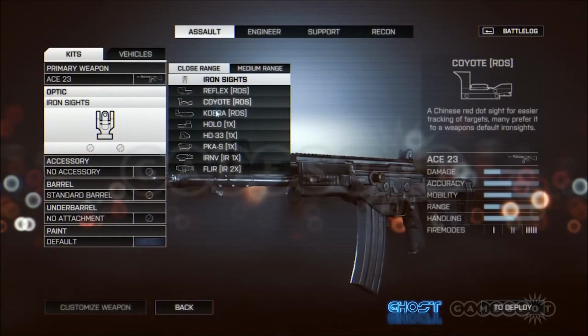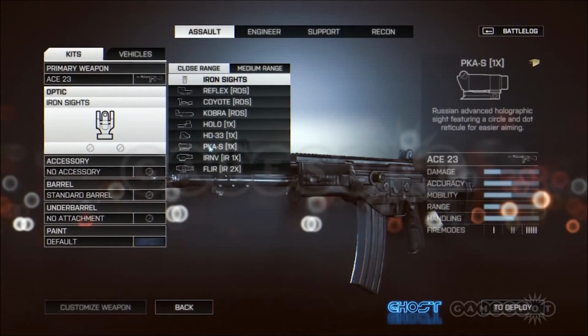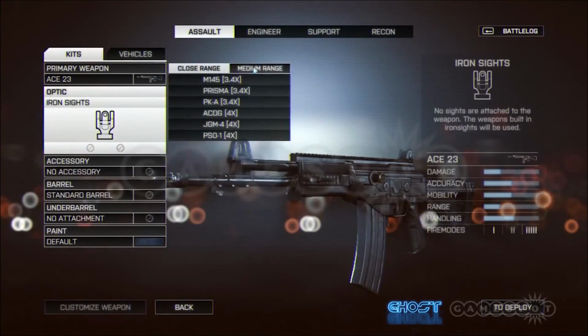Today I'm going to be covering some of the new gadgets and attachments that are going to be available in Battlefield 4. As you can see by the footage in the background, things have changed quite a bit since E3. They've definitely pulled out all the stops this time, and they've thrown out every weapon, every attachment, and every gadget